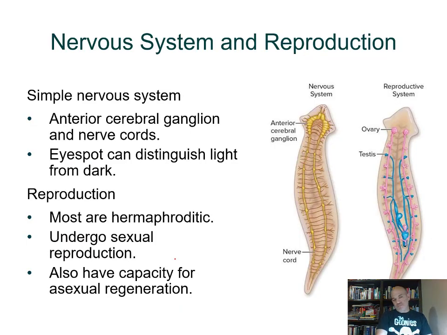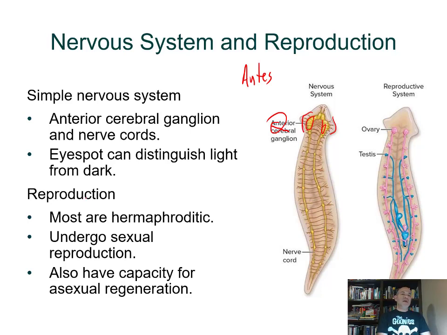Then you have your nervous system. It's a simple nervous system. Again, anterior means towards the front, posterior towards the back, and so Annelids is a root in there before it, ahead of. And then here you have your ganglia, like I mentioned, your two nerve cords. You're going to have eye spots, and then you also have some chemoreceptors up here that can smell and taste